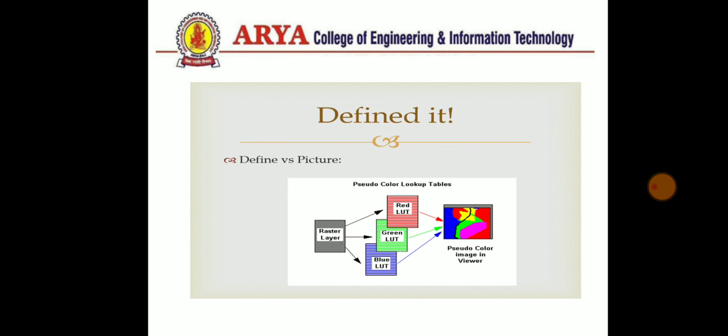When we covered the color models, we saw that these three colors are the primary colors, and by the combination of these three colors we get the secondary colors, which we have studied further. The main three primary colors are red, green, and blue, and by their combination we get the secondary colors: cyan, magenta, and yellow. The RGB color model is the primary color model, and the CMY color model of cyan, magenta, and yellow is the secondary color model, derived from the primary color model. So the pseudo coloring concept is based on this figure and these primary colors.